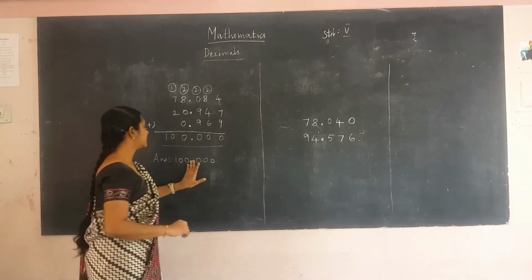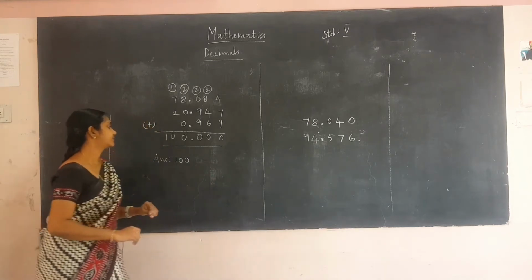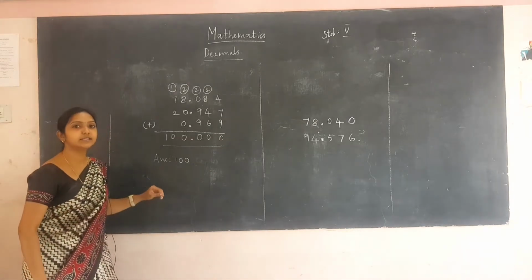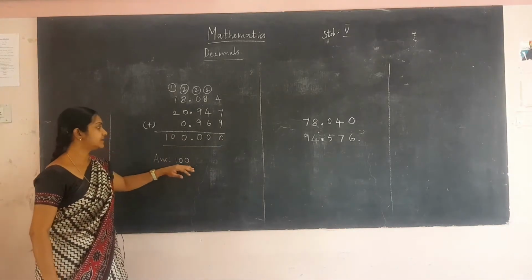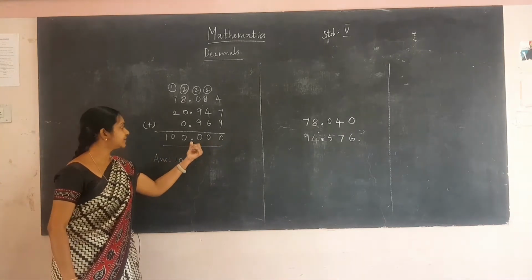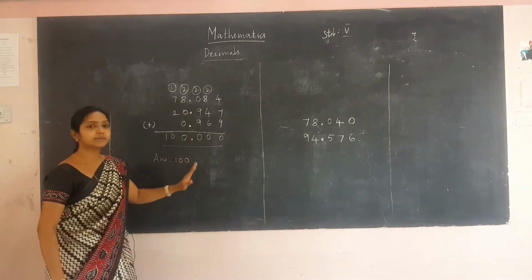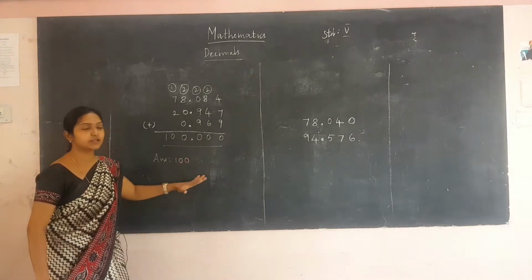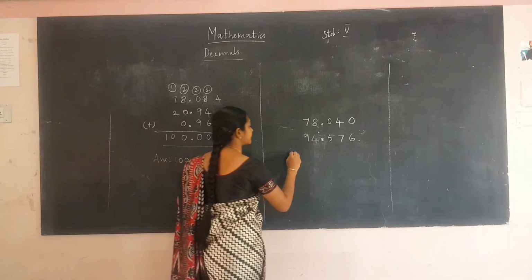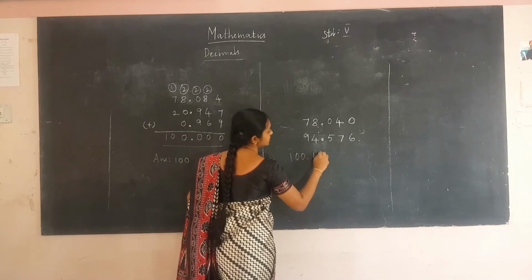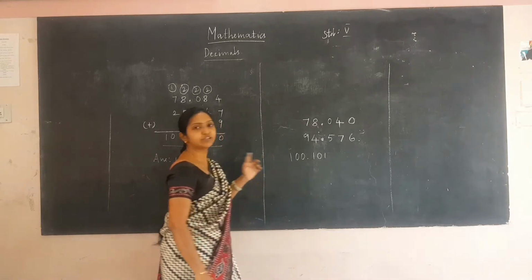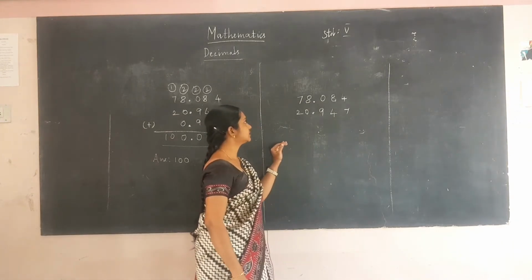100.000 is nothing but 100. If 0 lies after the decimal point, then it doesn't have value. So, we can write it as 100. We are continuously having 0 after decimal point, so it is nothing but 100. These zeros have no value. So, write that 100 as it is. But if it is 100.101, then we have to include the 0. So, know the difference.